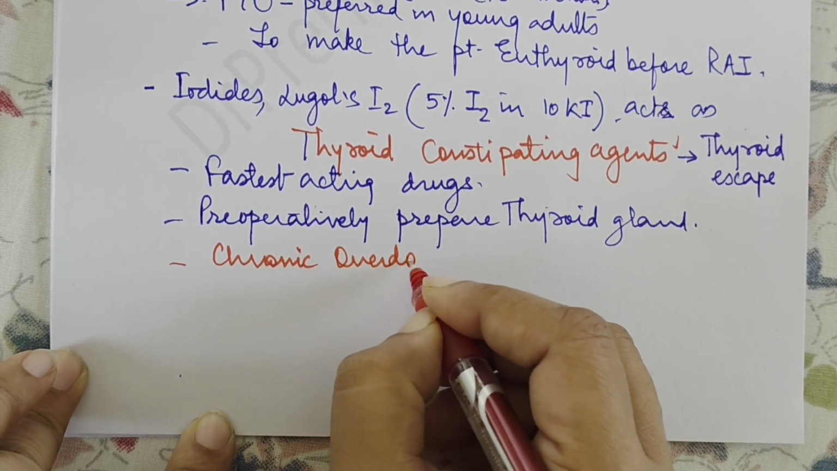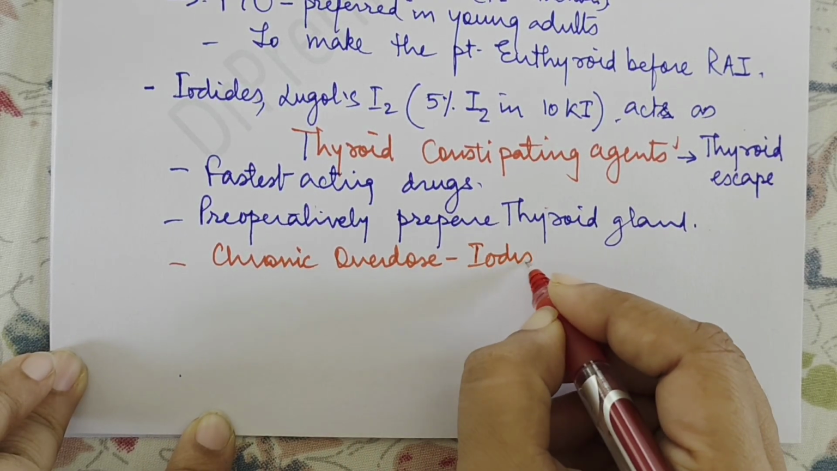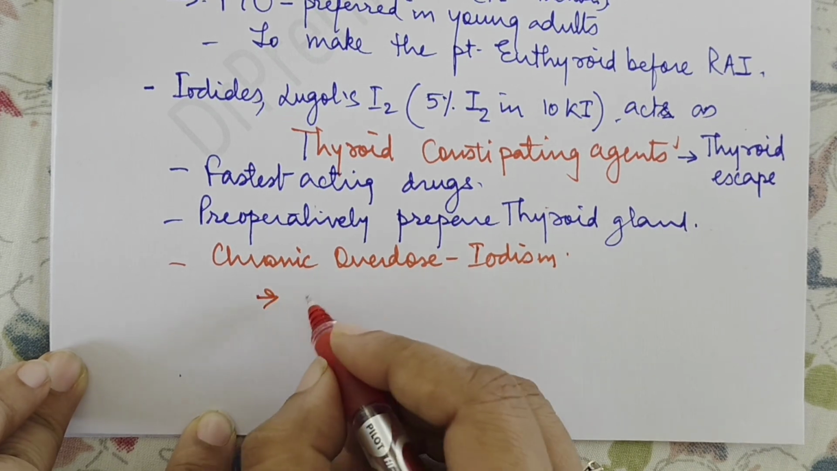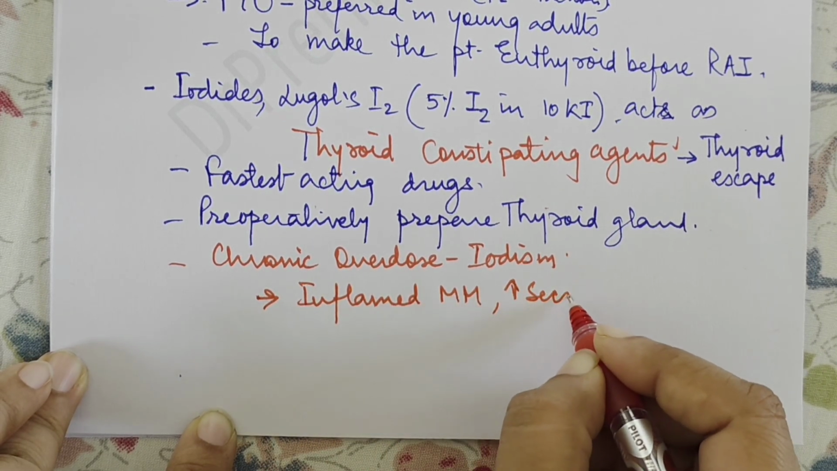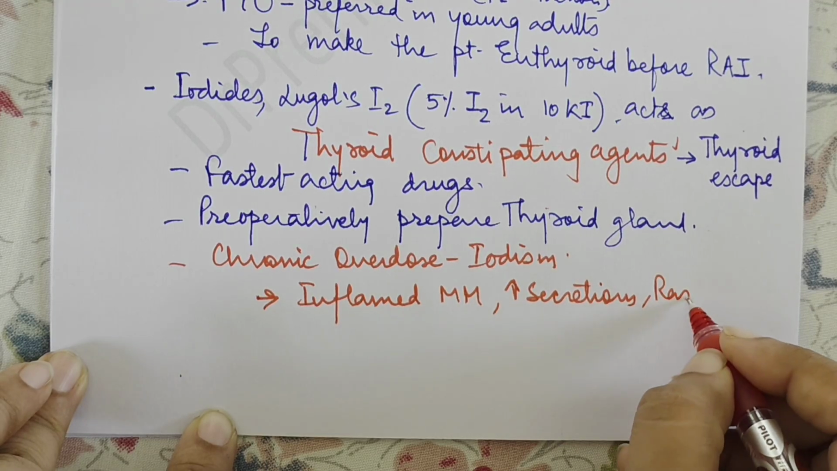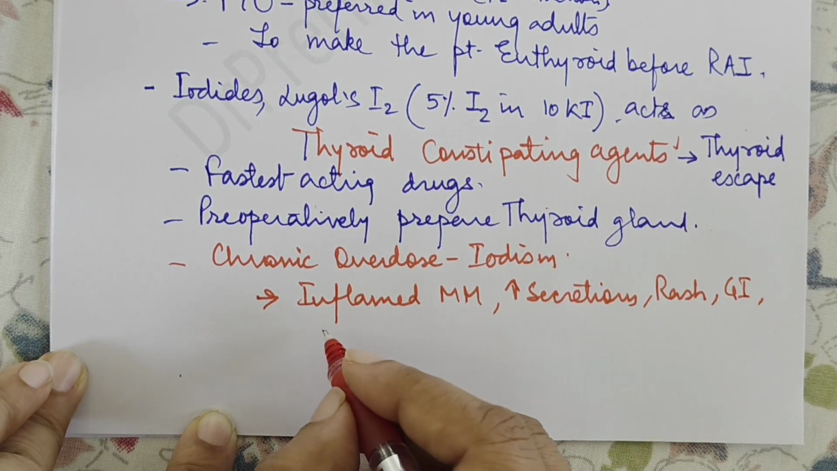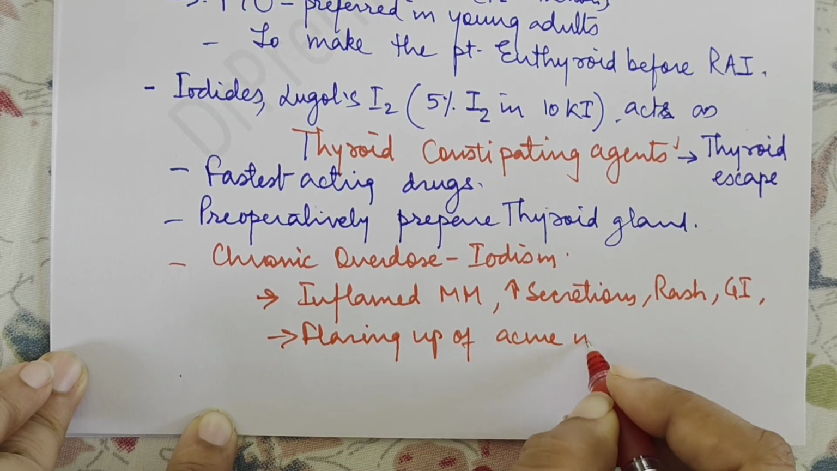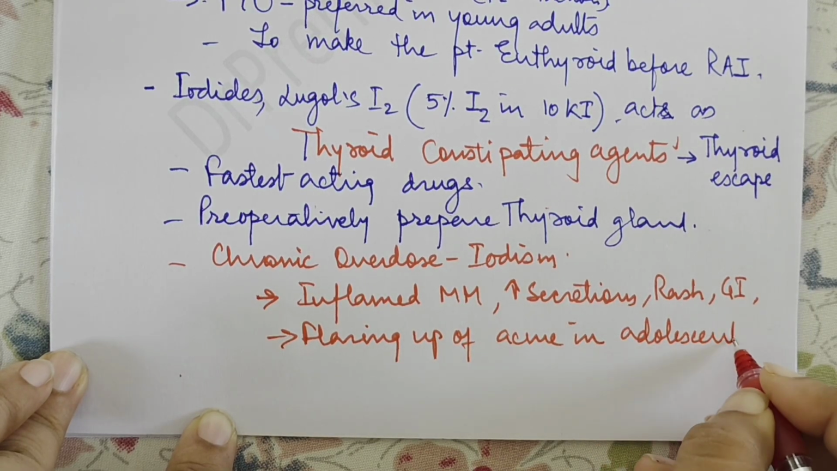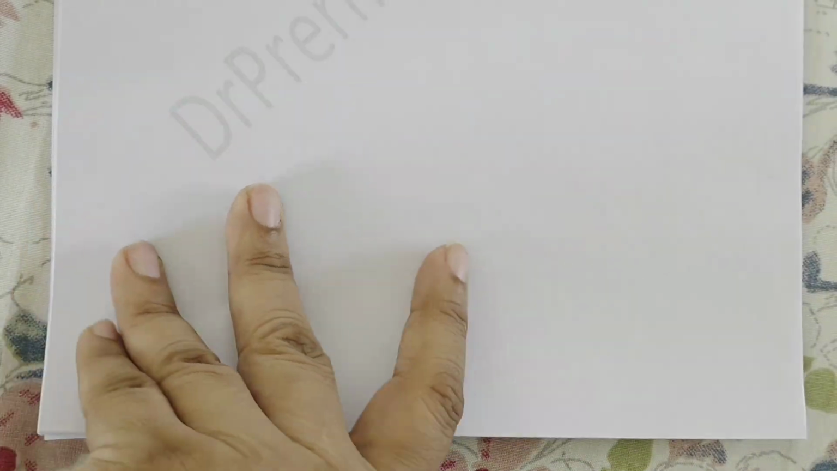Chronic overdose can cause iodism. What does iodism present as? Inflamed mucous membranes, increased secretions, rash, GI distress, etc. It can also result in flaring up of acne in adolescents. Okay, now next we take